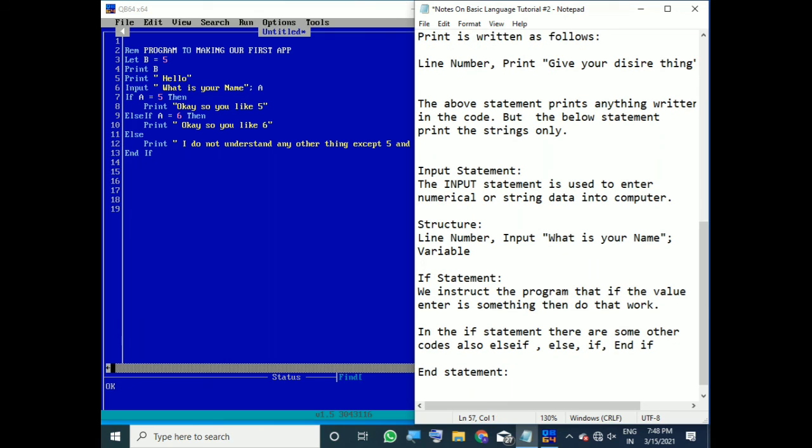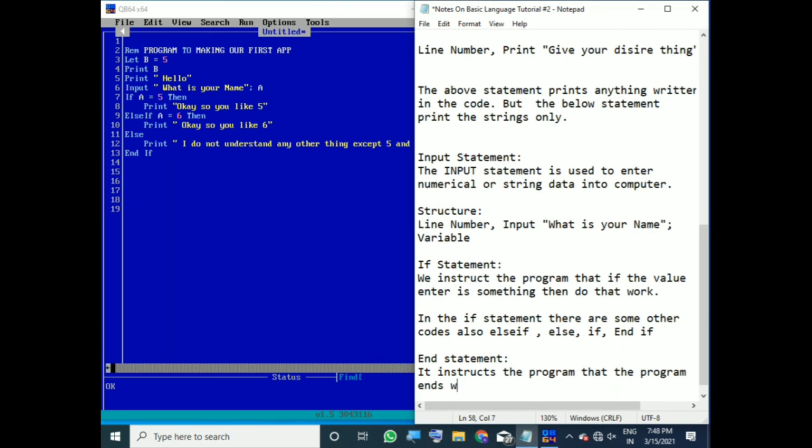So what? It instructs the computer that the program ends here